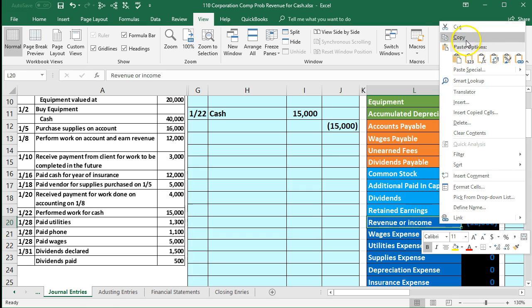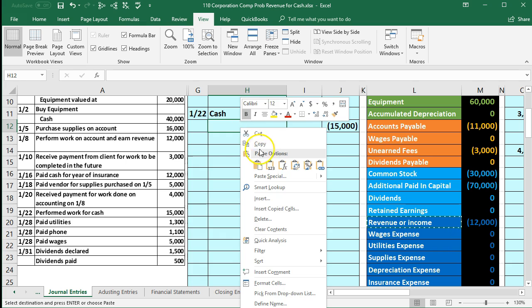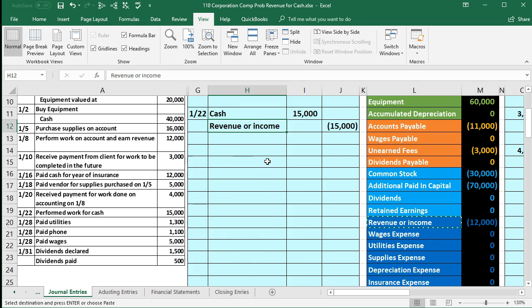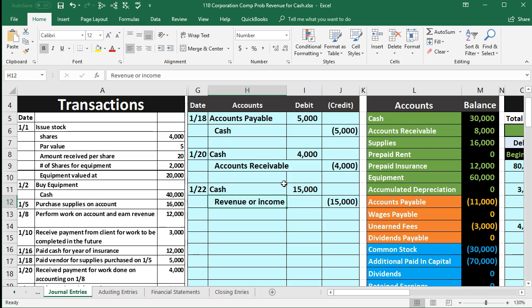So I'm going to right click and copy the revenue or income. We're going to put that over here in H12, right click and paste 1, 2, 3. We're going to increase the indenting by going to the Home tab, the Alignment group, and increase the indenting, which is probably already done on your worksheet. That is the journal entry that has been journalized in the General Journal,